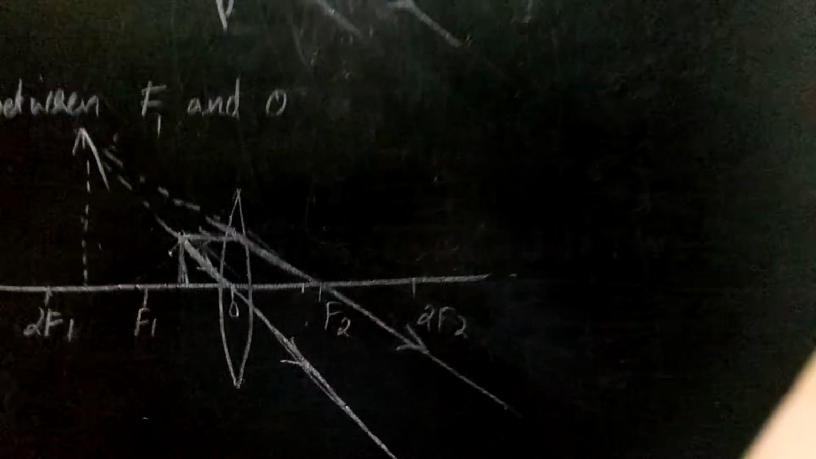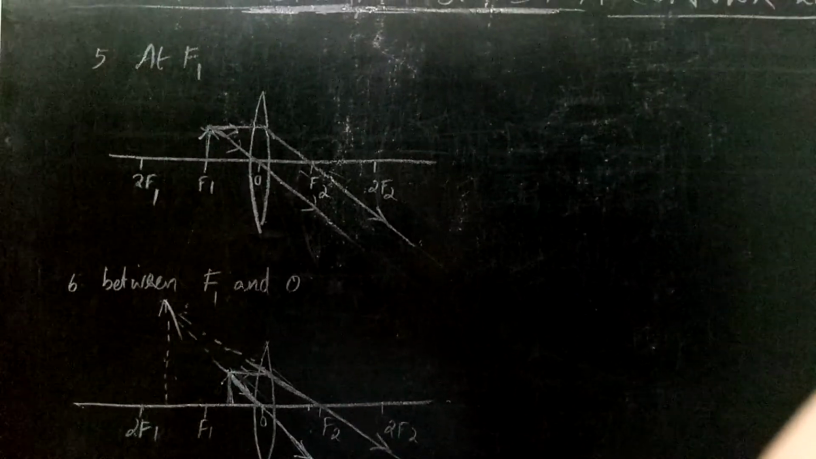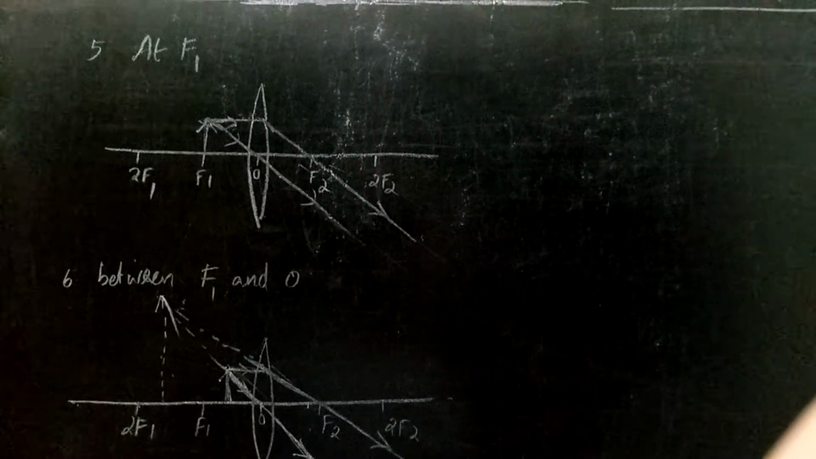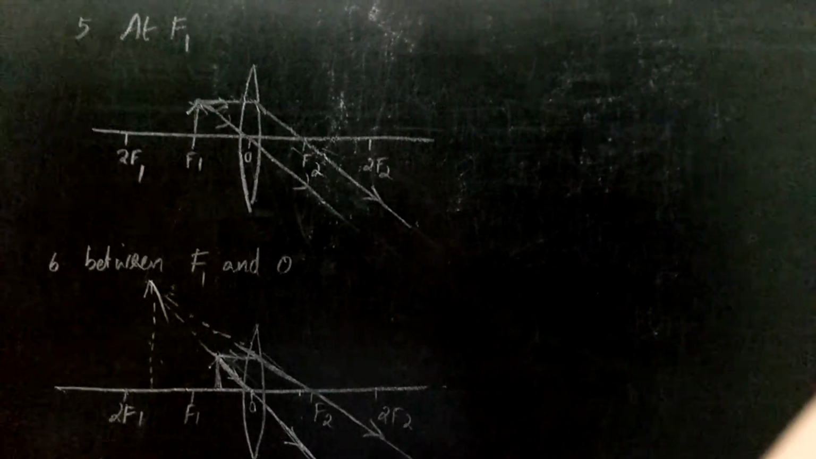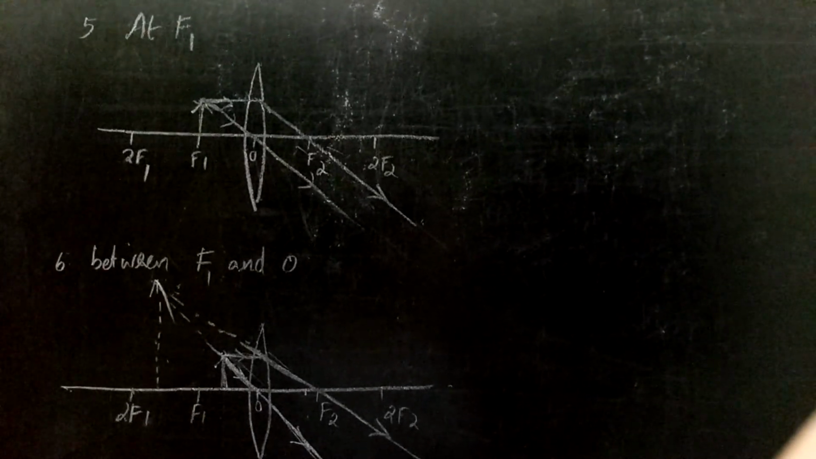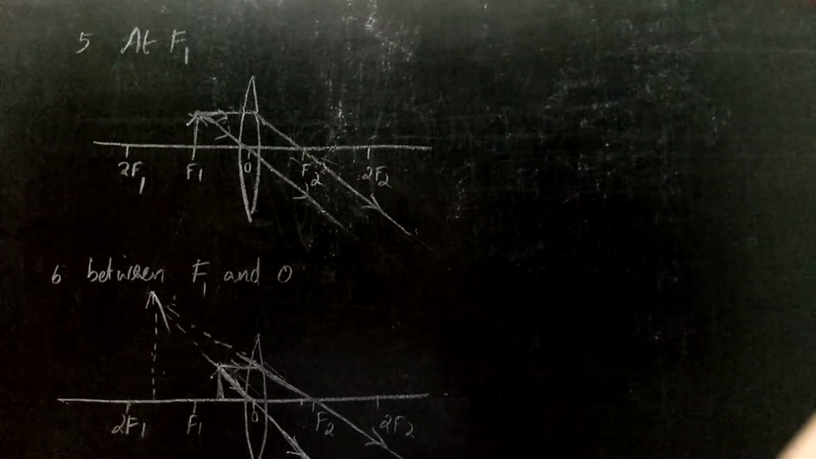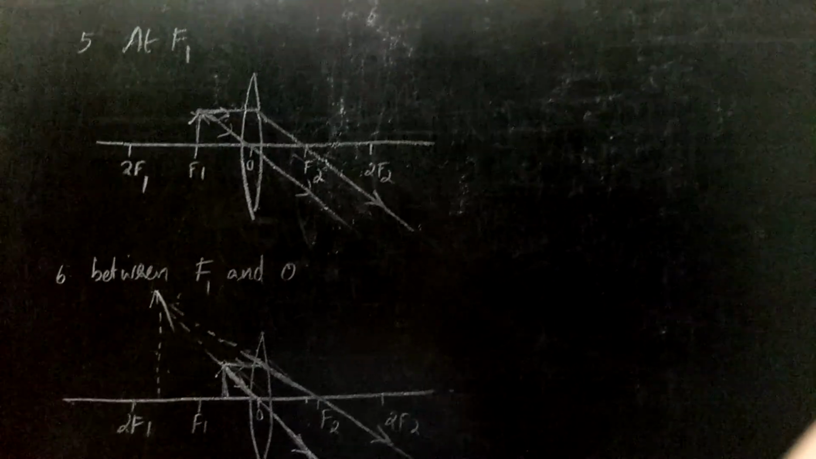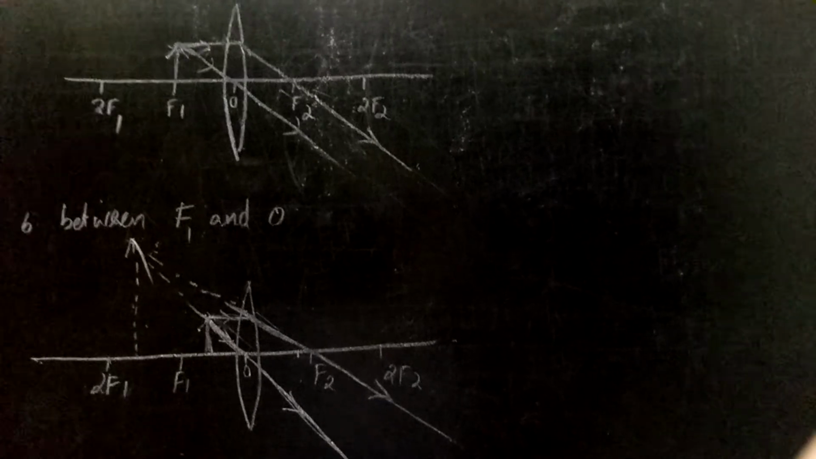So these are the six diagrams. Already four diagrams we discussed. First one, when the object is at infinity, the image is formed at the focus. When the object is beyond 2F1, the image will be formed between F2 and 2F2. When the object is at 2F1, the image will be formed at 2F2. Then when the object is between 2F1 and F1, the image will be formed beyond 2F2. And when the object is at F1, the image will be formed at infinity. When the object is between F1 and O, the image will be formed on the same side and it will be